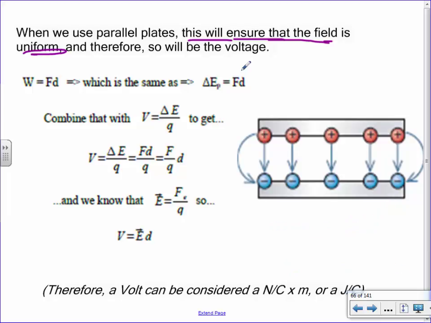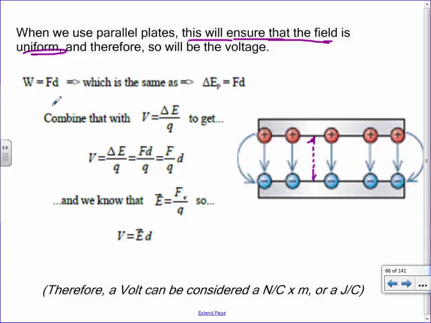Okay. So what I've got here then is a proof for another formula we have. Let me walk through the process here. We know that voltage is change in energy over charge, right? That's just the formula we just gave you. But isn't energy the same as work? And isn't work force times distance? Because you're going to have an object, like say a positive item right here, and it's going to move from here to here, it's going to undergo some work, right? It's going to change its energy.